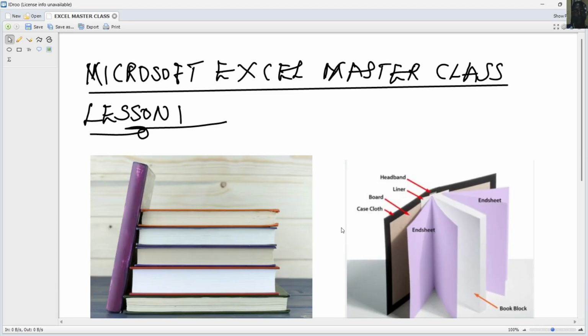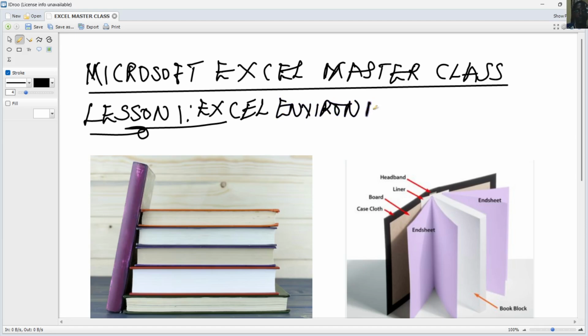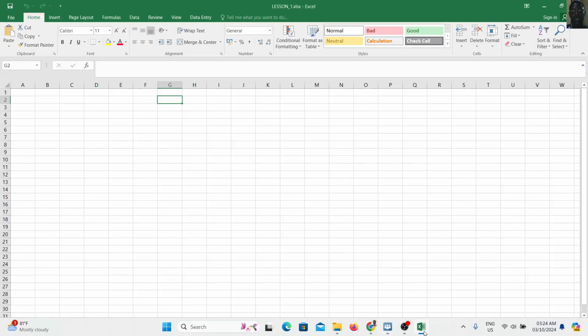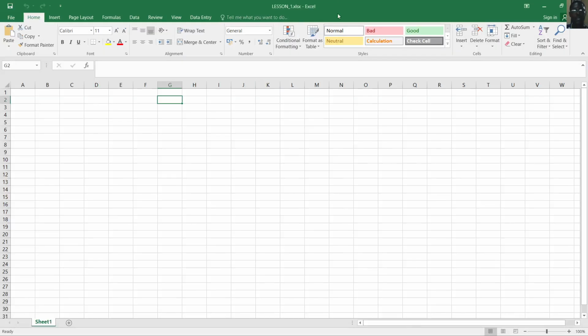So Lesson 1, we want to take a look at the Excel environment, right? So this is our Excel. Loaded our Excel. Just before then,